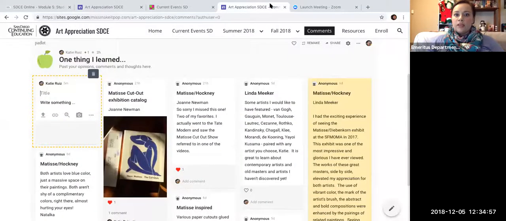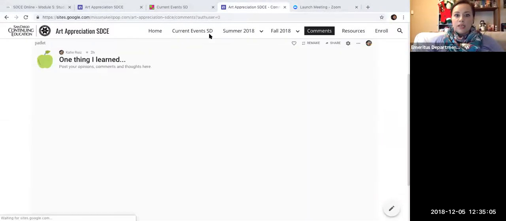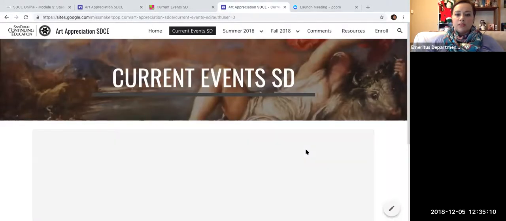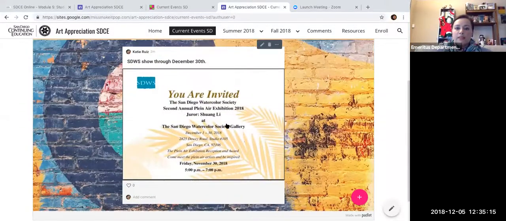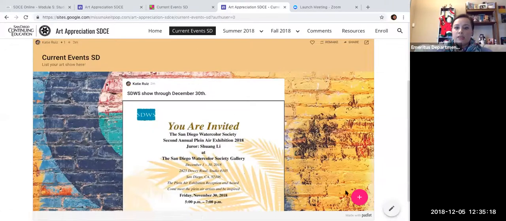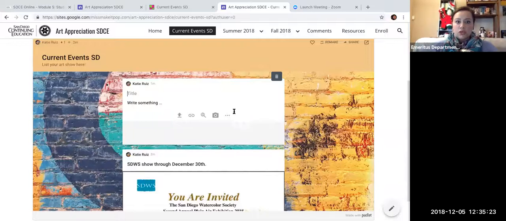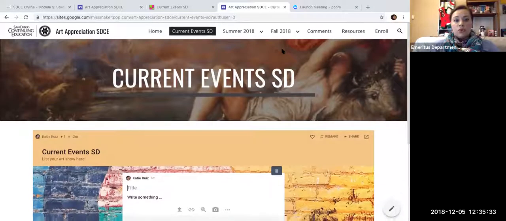And then I go to my regular website, and I'm going to restart it and see where it is. Go to my current events SC right here and see if it shows up. And there it is. And there's my comment. So now when someone else adds a comment, it'll go right above it. So if I click this button, then I can add a comment with a different show or a different image or a different comment. So that is my lesson on adding a comment section of Padlet into your